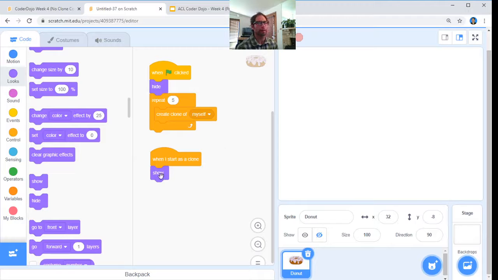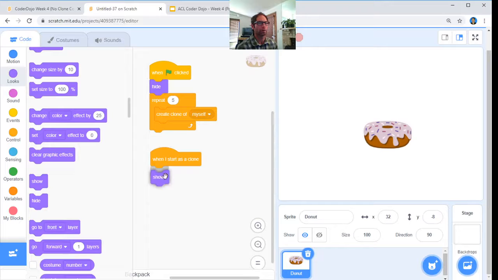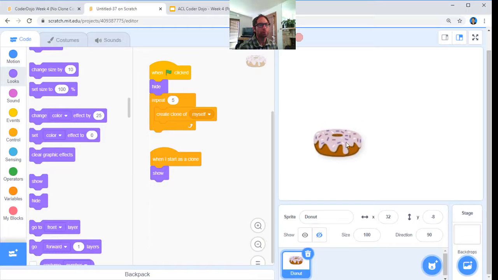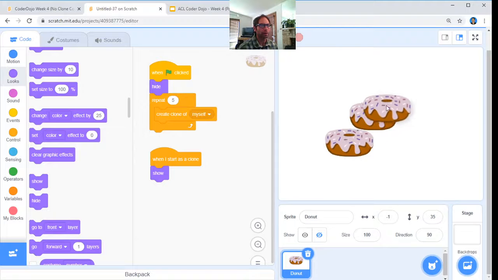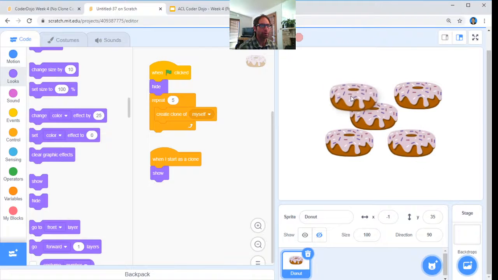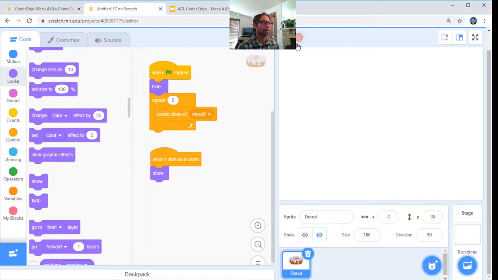Now go ahead and click on that, and your donut should reappear. Click right on the code there. Now, when we used the repeat block last time, I'm going to click on that block up top. All the clones happen, but they're all on top of each other, so that doesn't really show us the cool effect that we're getting. So what we need to do here is go ahead and get some random